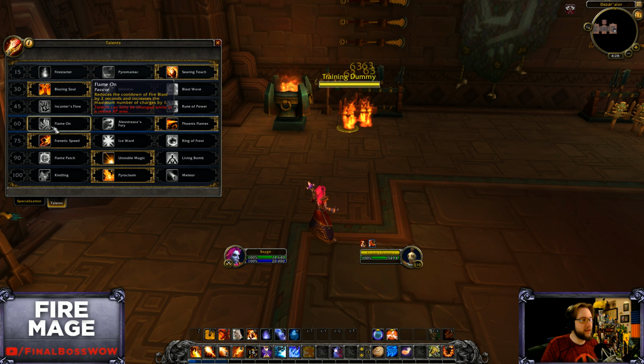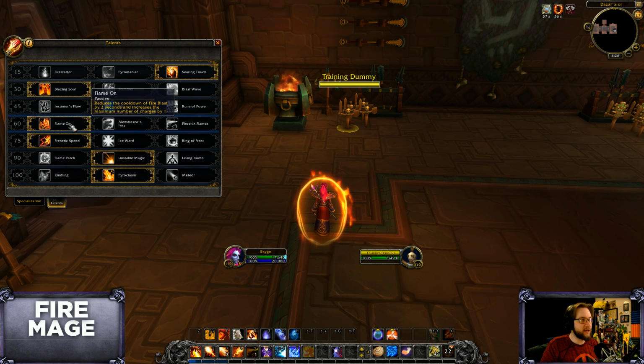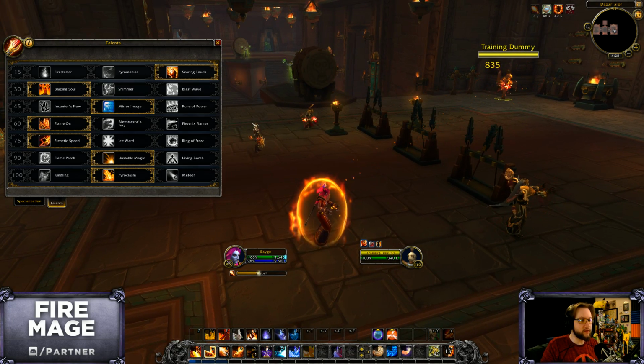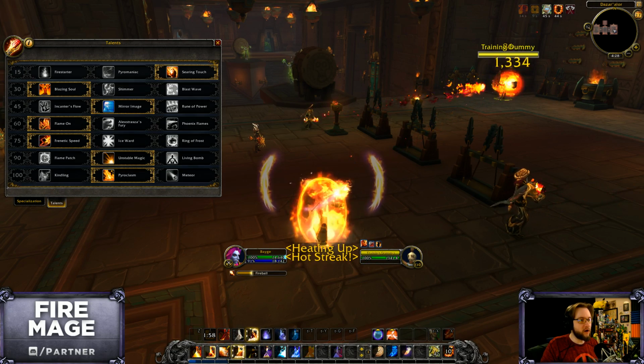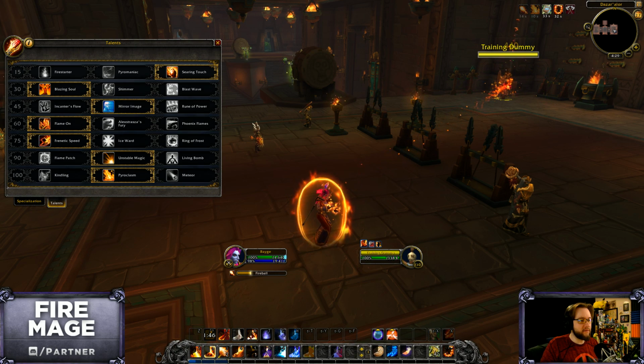But way too good. And then Flame On, we tried to backwards math Flame On, try to compare it in a pure patchwerk situation with Phoenix Flames. And it's probably very close. So Flame On just gives you the extra charge of Fire Blast, and it reduces the cooldown charge time by an additional 2 seconds. So you have a lot more potential smooth time due to the fact that you're always going to have an extra Fire Blast up a lot of the time. Which, outside of the Combustion window, I'm just showing off right now because look at all the numbers. You're going to have a lot of additional...